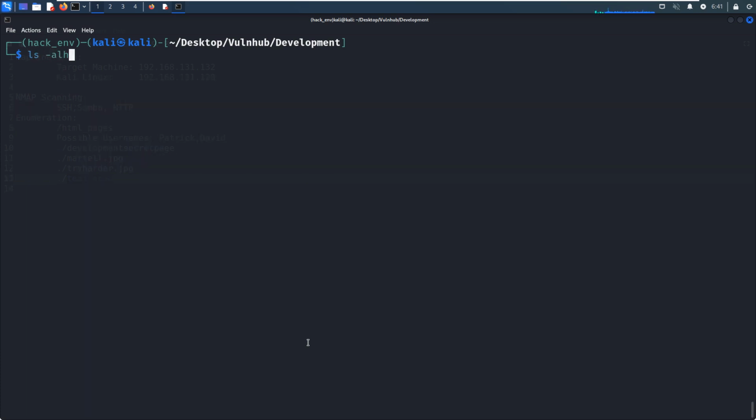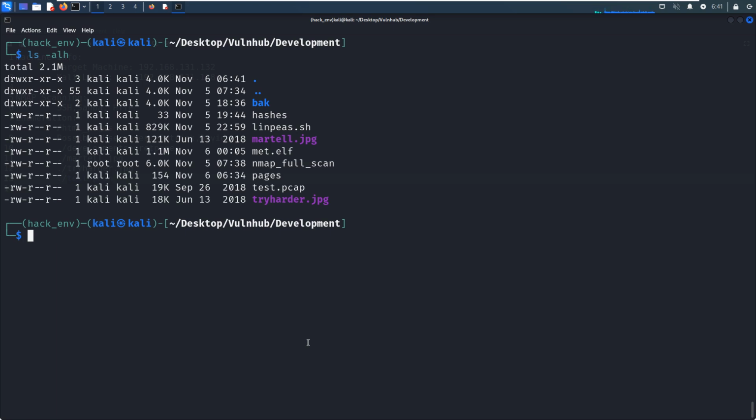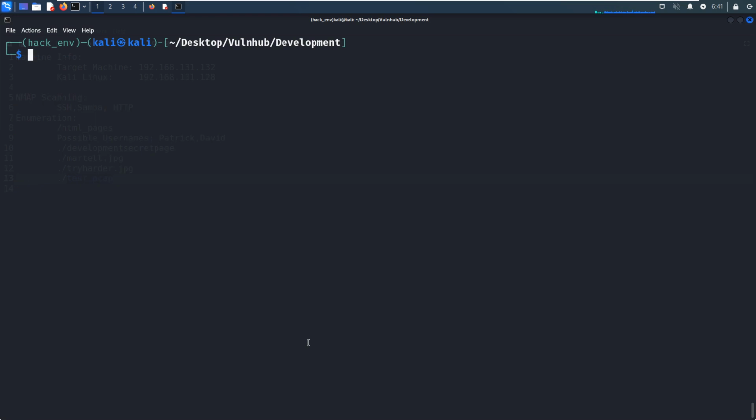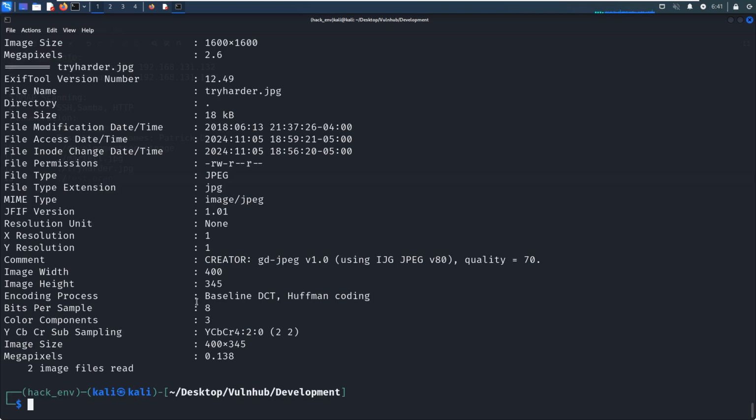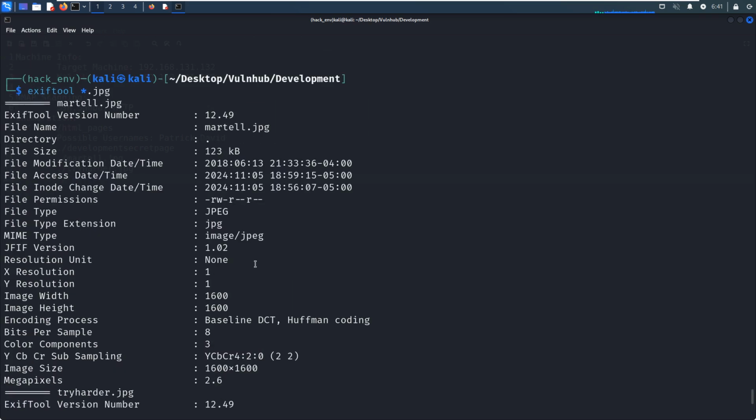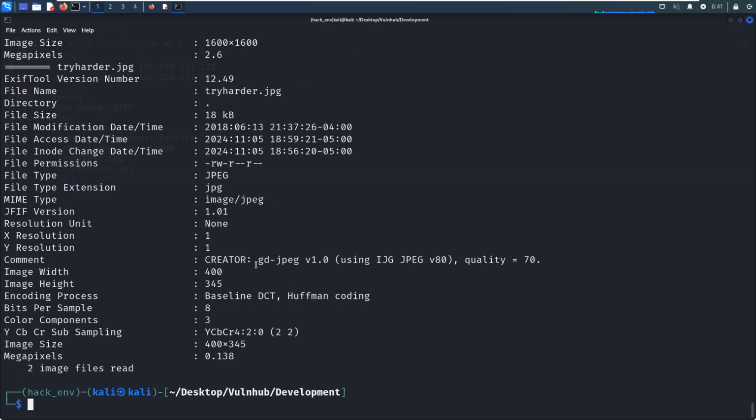So next, I'd like to analyze these pictures that we have just downloaded. We can use something like exiftool. And the metadata of these two pictures can be printed out, but nothing special here.